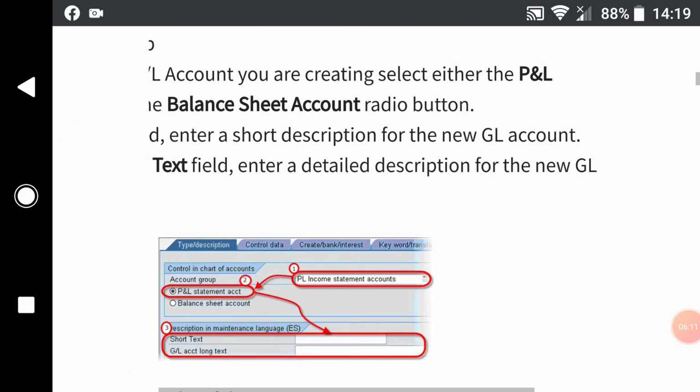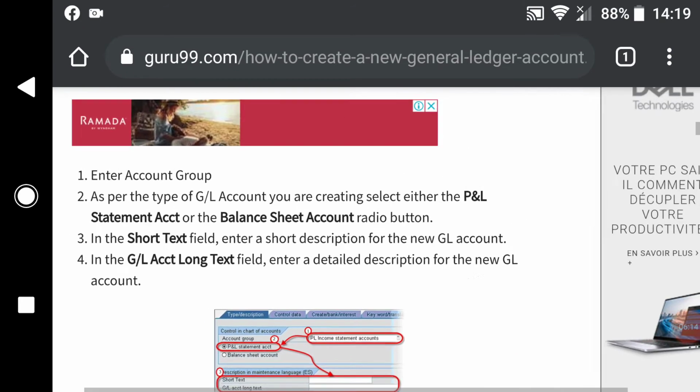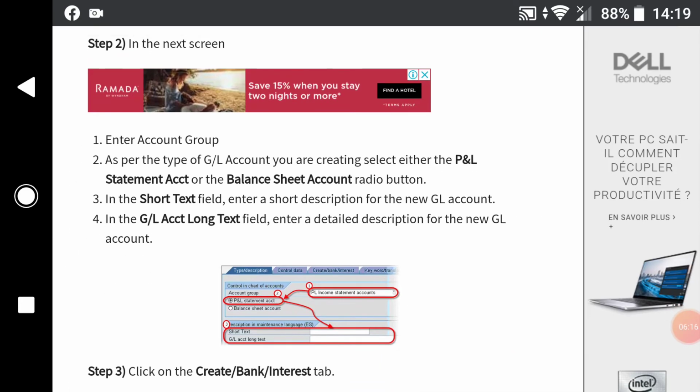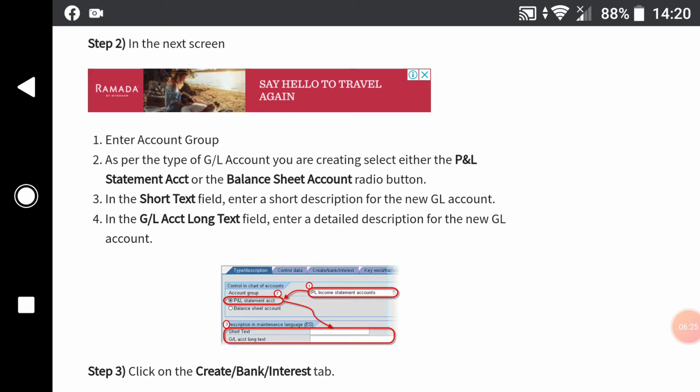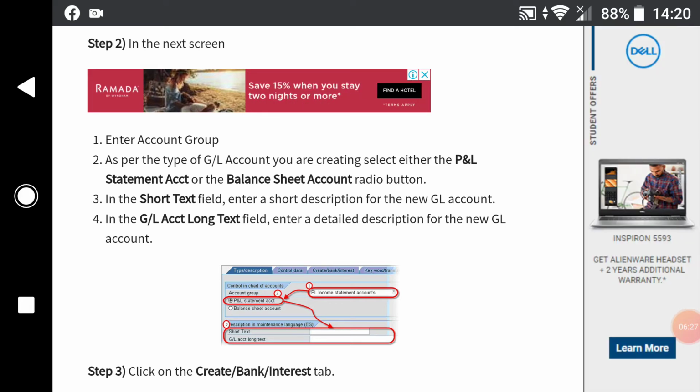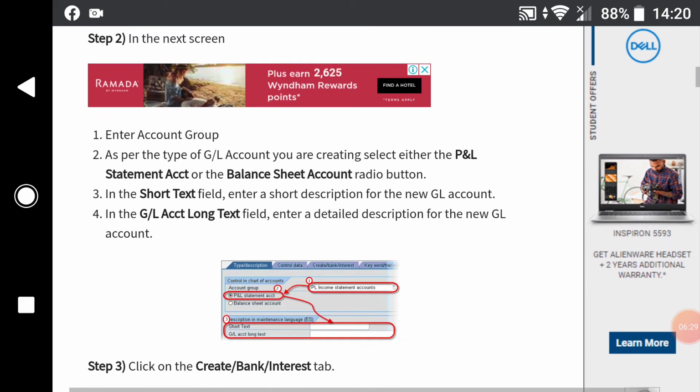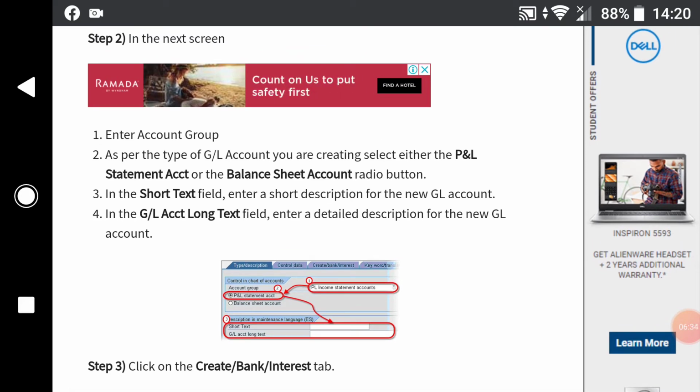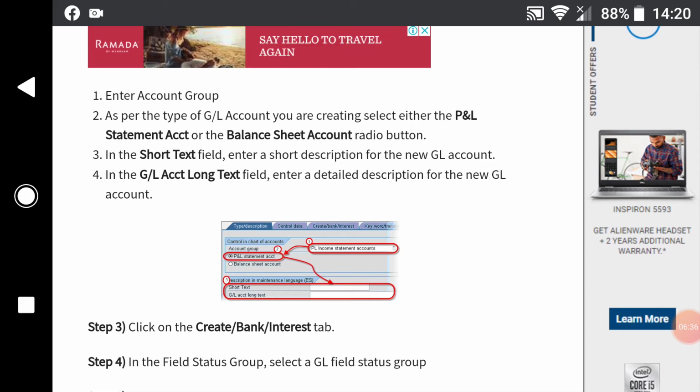What is an accounting group? Each company has a different accounting group. For example, a company may be selling products related to food items, groceries, clothing, or medical pharmaceutical items. So each group category of the business or product has an accounting group. As per the GL account you are creating, for example a PNL account, you have to create an accounting group. What exactly is the accounting group?